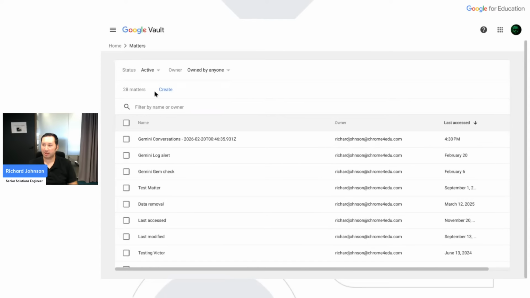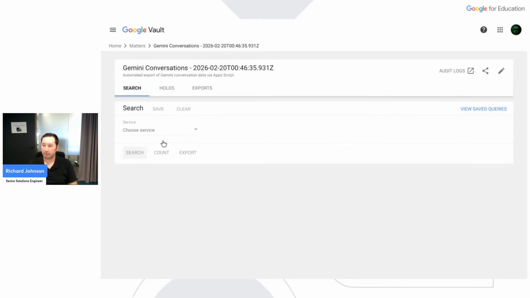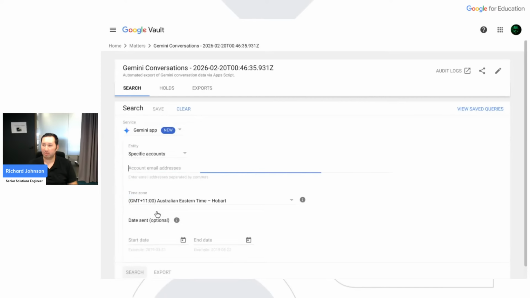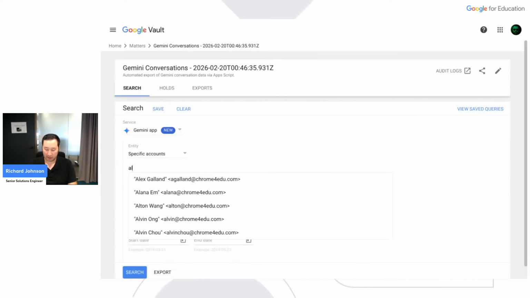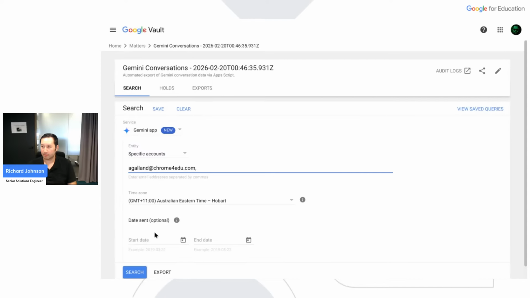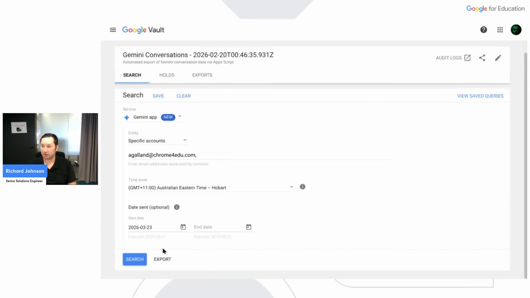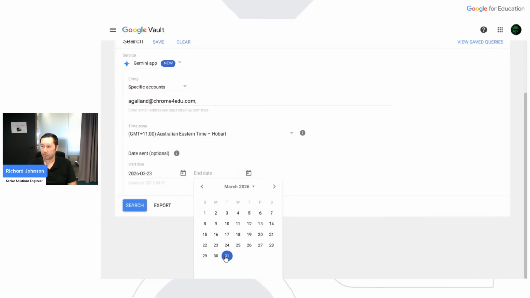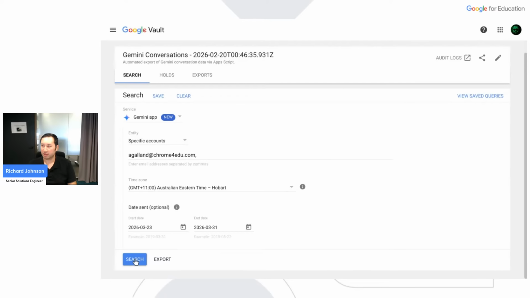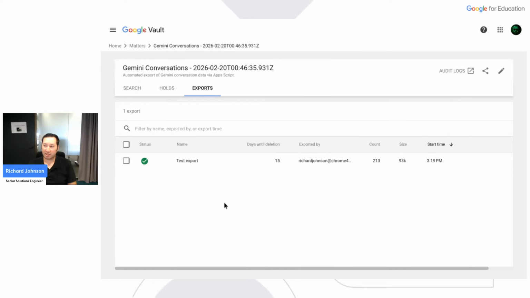I'm going to click on Matters, and I'm going to click on one that I previously created. You'll see here, I can select Gemini app. I can select an account, and I can set some dates. And I can search for that. Now, when it comes back, I can export that information as well.